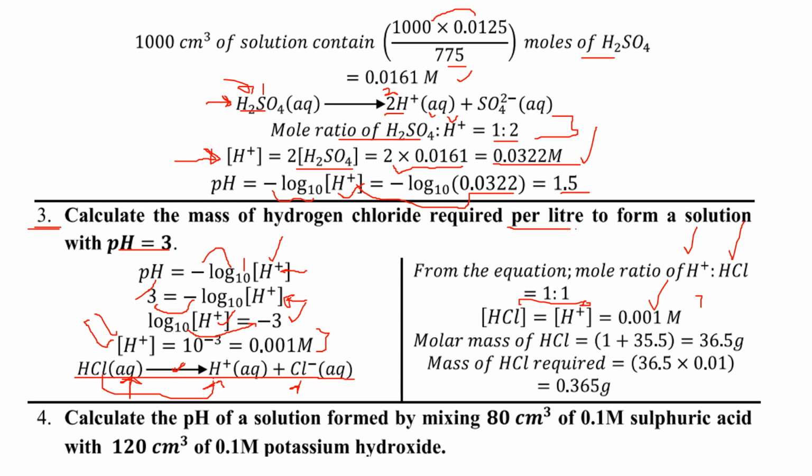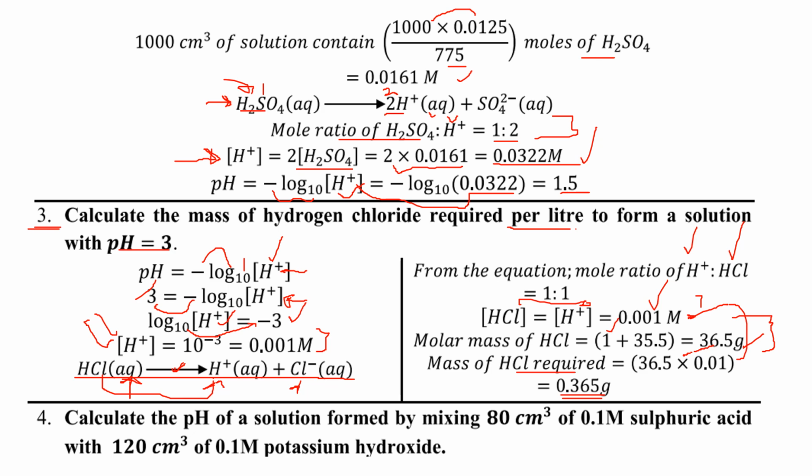concentration in mass per liter. So you have to convert our moles into mass. But remember that RFM is equal to 1 mole, that means 1 mole contains the RFM. What about the moles that we have, which are already in terms of per liter? So HCl is got by 1 times 1 to get 1, plus 35.5 times 1, and you end up with 36.5. When you say molar mass, you put units as grams. When you say relative, don't put units. So the mass of HCl required is equal to the RFM multiplied by the concentration, or the moles you have. And the mass that is required is going to be